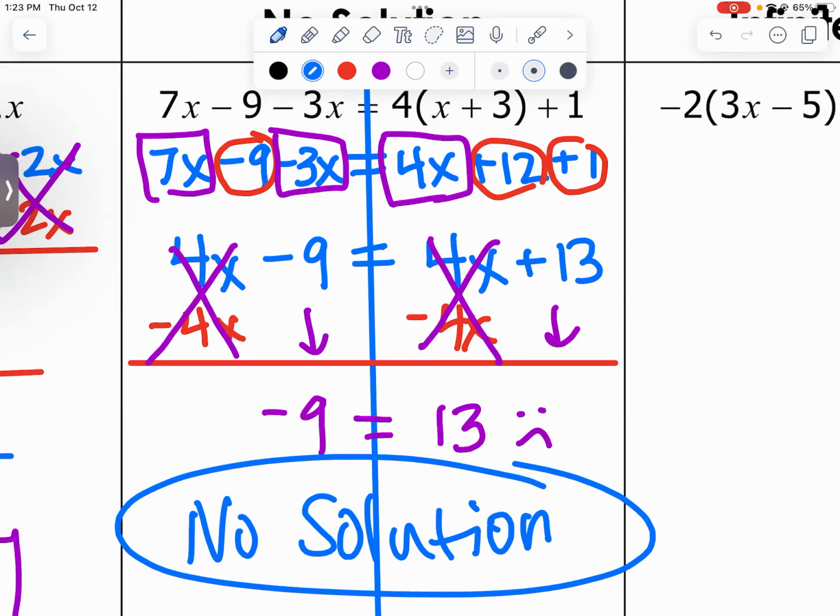Tony, do we have an x? No. Our x's are gone. We just have 2 numbers, 2 numbers that equal each other. Who invented that? Math invented itself. Albert Einstein. No, that was